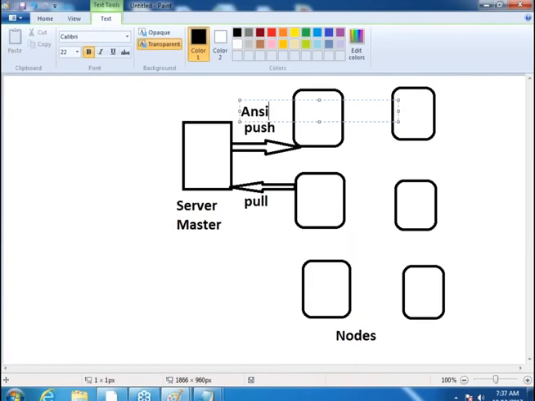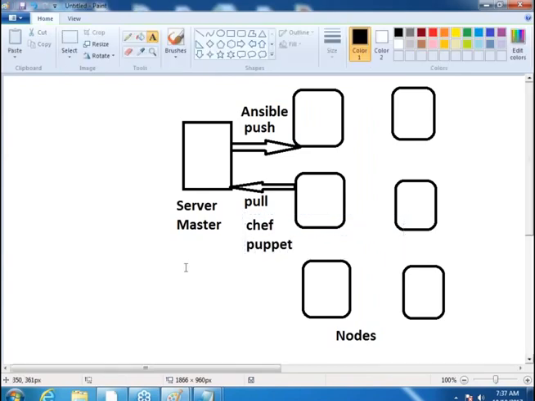Our focus as of now is Ansible. So Ansible is push. Chef and Puppet are pull models. Right? Clear till this point? Yeah. So now, to push is not a very great deal because this is a server. It knows about Ansible. It will push to the nodes. It is simple. But to pull, nodes should know where your server is, right?